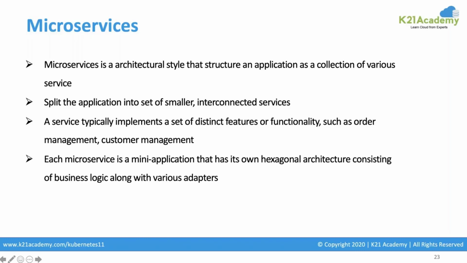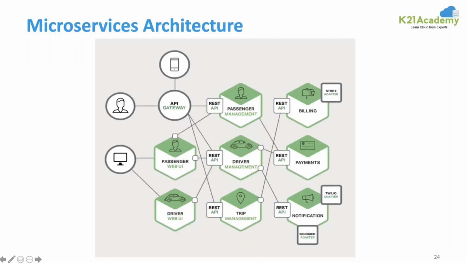Like I'll just go down to this. So we saw the monolithic way of architecture, and this is the microservices architecture. In this, passenger management has its own hexagonal block. It will open up its APIs. If passenger web UI wants to talk to passenger management, a single call will go. I am least bothered whether it is sitting on the same machine or on a different server. It would be completely different. So this is a microservice running in a container. This is a microservice running in a container.